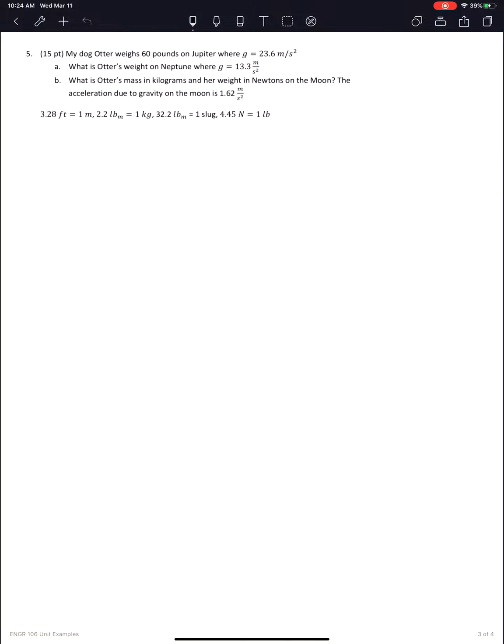I've got a couple. These are relatively simple examples. This first one is the type that we're going to be using quite a bit in this class: just the conversions of weight and mass to different locations in the solar system. These numbers, I don't quite recall if they're accurate. I think they are, but I may have just made them up. In this situation, we have the following calculation dictating everything. Weight equals mass times the acceleration due to gravity. It's important to realize for a particular object, the mass does not change, but the weight and the acceleration due to gravity change